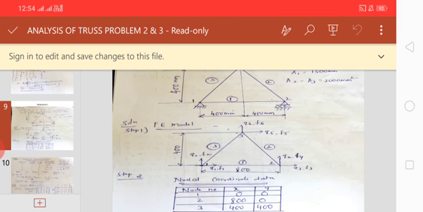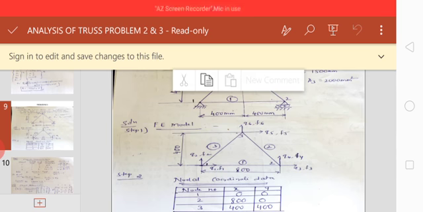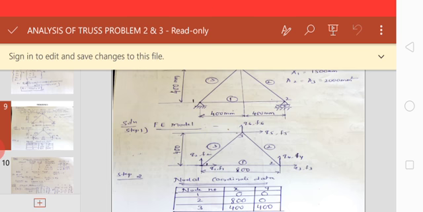I have taken 1 as a reference point. For that I have given x and y as 0, 0. Now how far will node 2 be situated with respect to the reference point? My node 2 will be situated at a distance of 800 from the reference point with respect to the x axis, and there is no height for node 2. Now go for node 3. Node 3 will be situated at a distance of 400 mm with respect to the x axis, with a height of 400 mm with respect to the y axis.